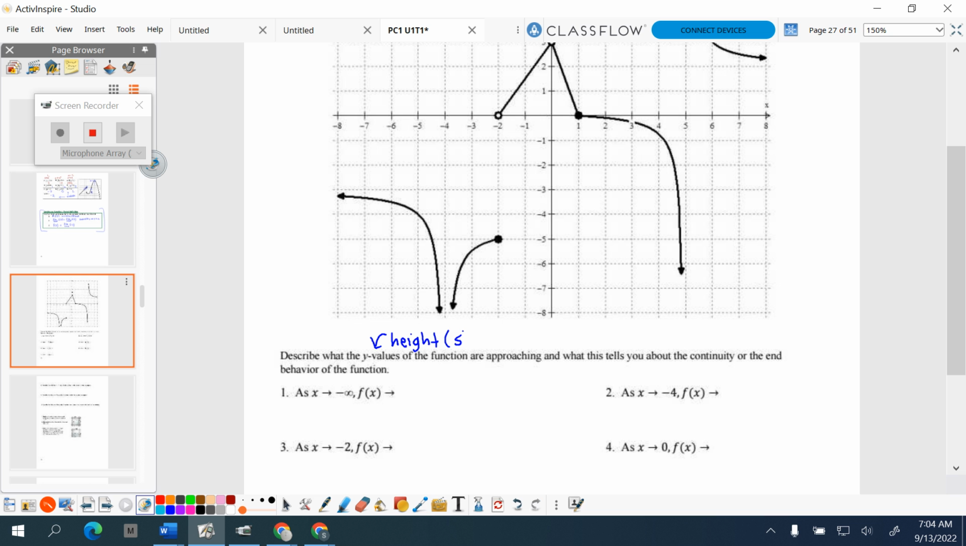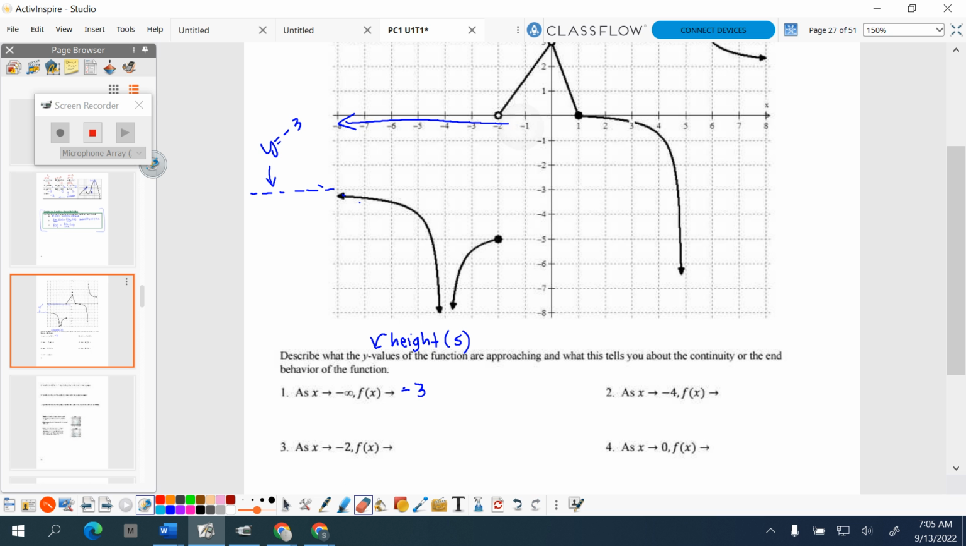or heights. In some of these, heights mean infinite, right? So it says as x goes towards negative infinity. So as x goes this way, what's happening to this function? This function looks like it's either going up to positive infinity or approaching this horizontal asymptote, this horizontal height of y equals negative 3. So I'm going to say it approaches negative 3. That's what it looks like. All right, as x approaches